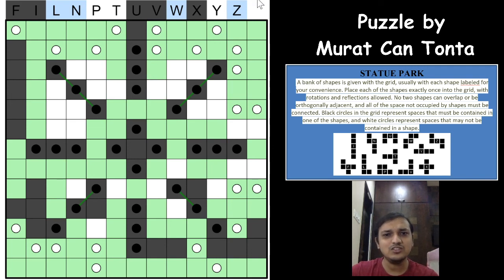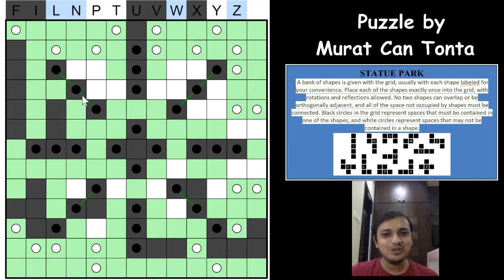Now let us see which cells will take the T pentomino. Now there are only 3 pentominos remaining, 1, 2 and 3. T cannot be taken by any of these, because no way the T will be formed. If you have this, no way the T can be formed. If you have this, no, and if you have this, no as well. Same way, you have exactly 3 cells and 2 of them will be shaded, and you cannot form a T of any of these 2 cells, which means the T pentomino will have to be this cell only.